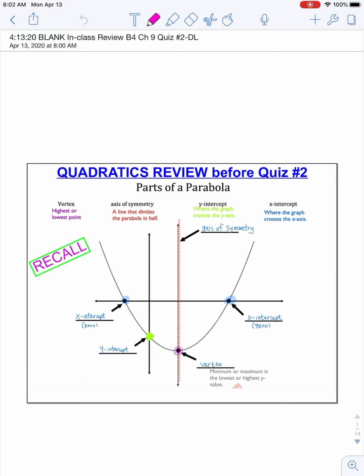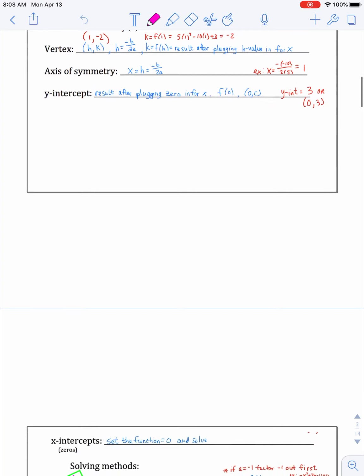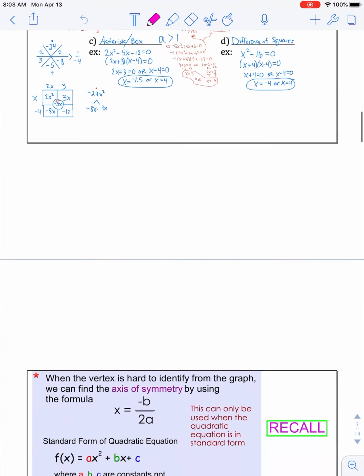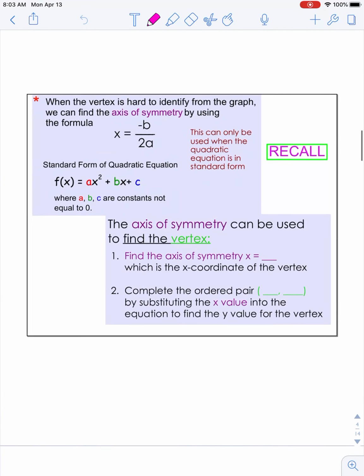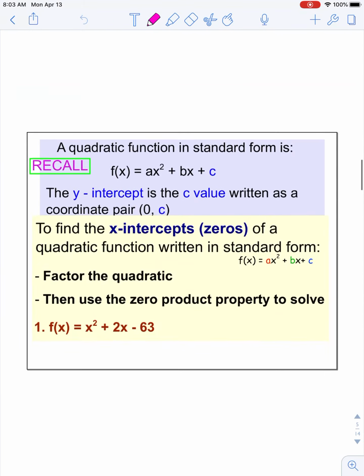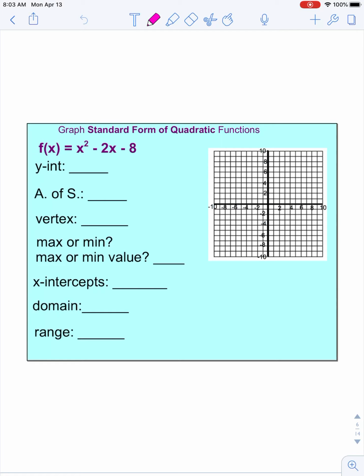So the first few slides that I have here, I would just recommend that you pause the video to review some of the important pieces of quadratic functions that we have learned so far. These first few slides literally are from a notes sheet you got in class before we were on stay home learning. So you can certainly fill that into your paper copy, or there is electronic copies of that as well. And then these are some of the other pieces that you did with Mr. Oslin, which we're coming back to because on tomorrow's quiz you're going to graph quadratic functions in both standard form and vertex form. So starting here with this problem right here,